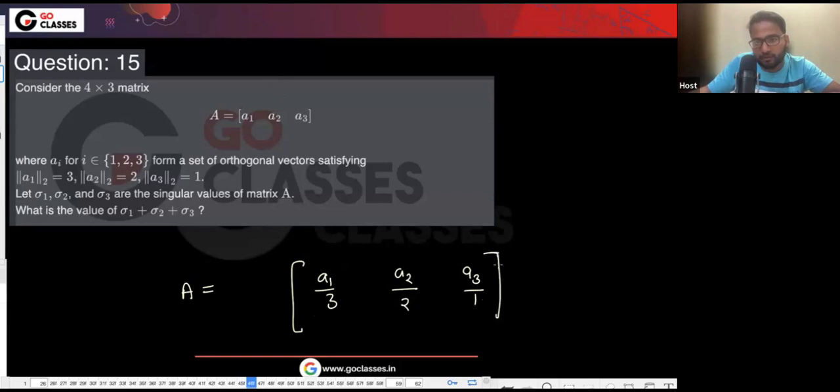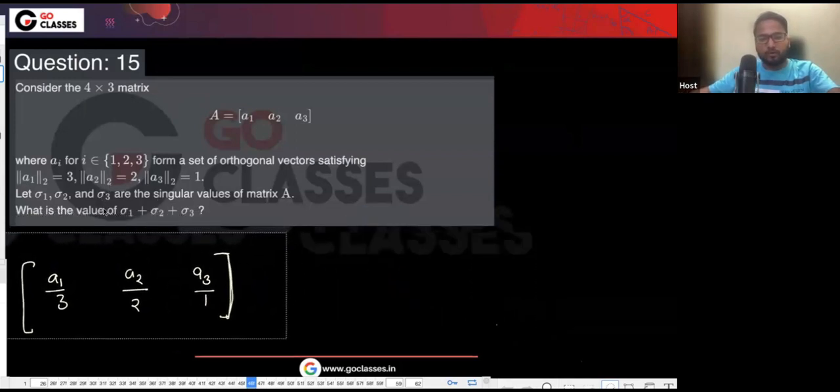So what does this mean? How can you divide by 3? If you want to multiply by something like this, then how can you multiply? Can you multiply by 3 in just this, 2 in this, and 1 in this by just one scalar? If you multiply by 3, then it will anyway multiply all of them, right? So if you want to do something like this, then what can you do,